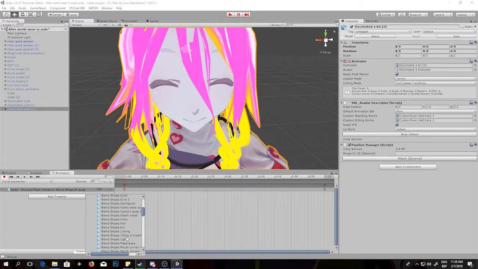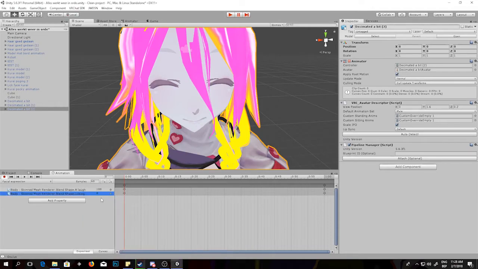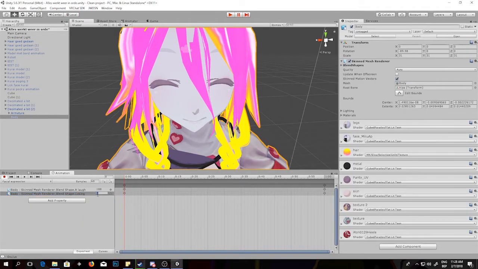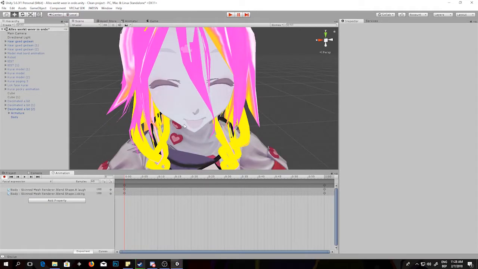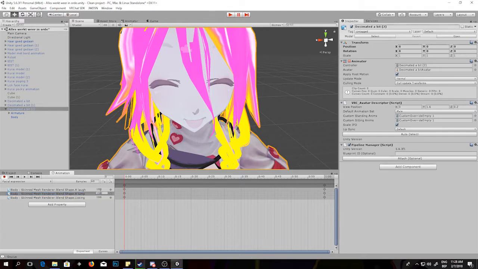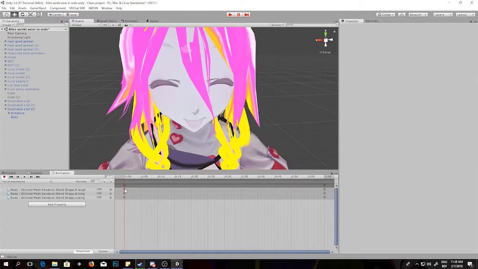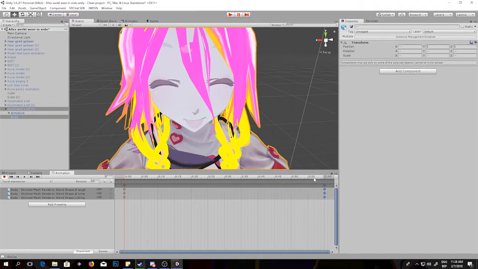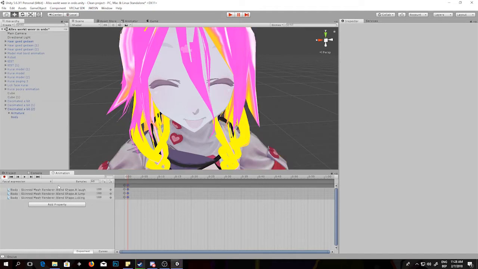Now I go search for licking. Yeah, you need to change the value from 0 to 100 if you want to see the change. So now she has licking. Let's maybe raise the eyebrows a bit. There you go. So this is a licky face you could use. I use this licky face a lot. So again, you go to the process of selecting the keyframes at the end, deleting them, copying the first keyframes, one frame later, place them again,